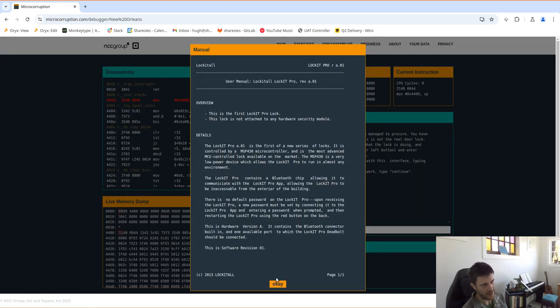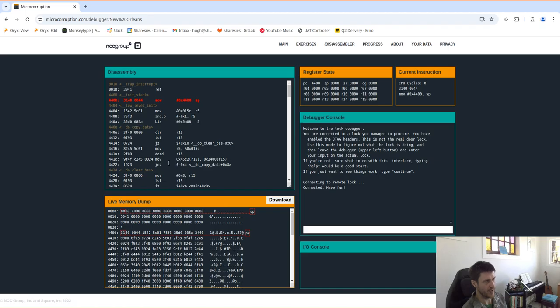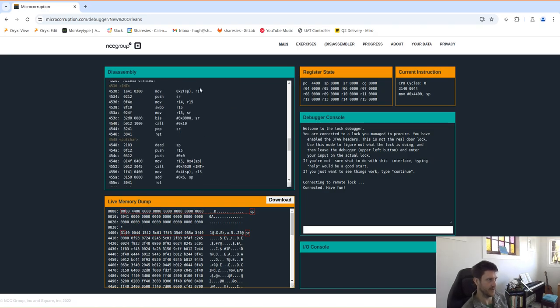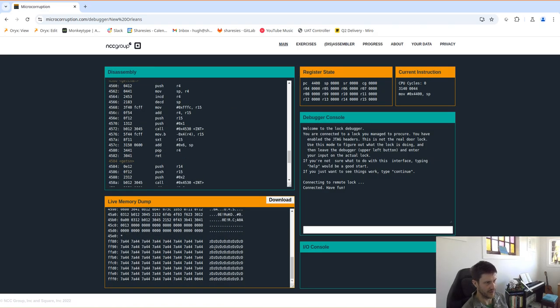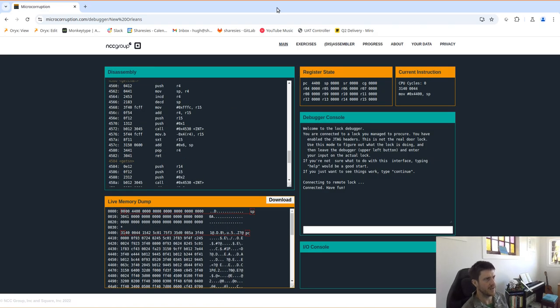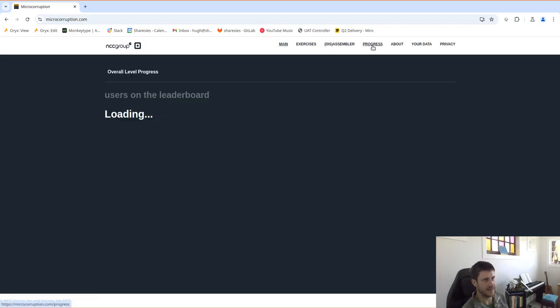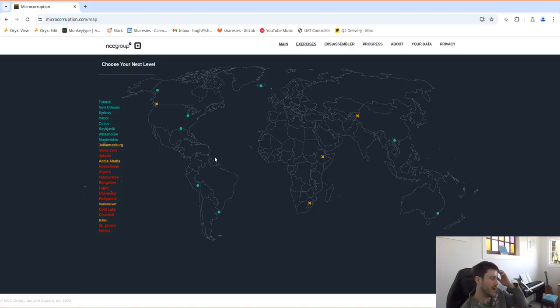a lock that is connected to a door, and we get connected to a debugger, and we can see what the code does. We can see what the memory has. There's also, where's this one? You can also see